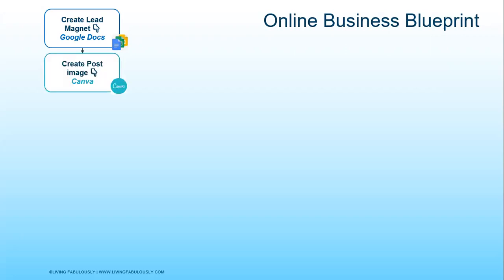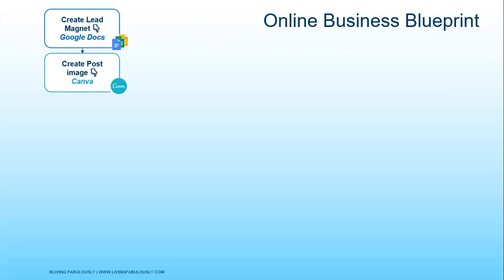Then we're going to go into Canva. Now, Canva is a pretty intuitive tool to create images, and the free version gives you quite a lot of ability because you can use the templates. However, it doesn't give you as much access to photos. In the startup of my business, I spent hours finding photos that would match my particular opt-in or lead magnet or my guide. And now the paid version of Canva actually builds it all in. So it's all in one place and it's fantastic.